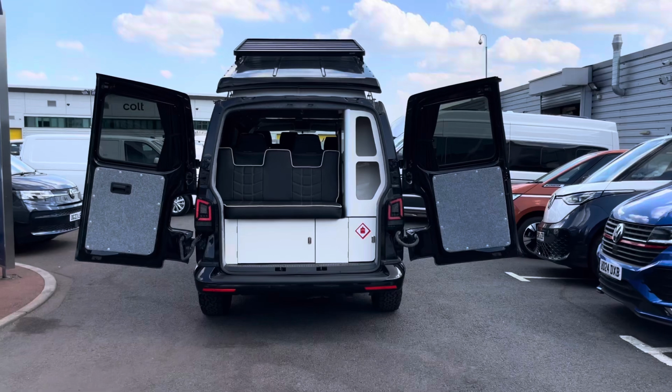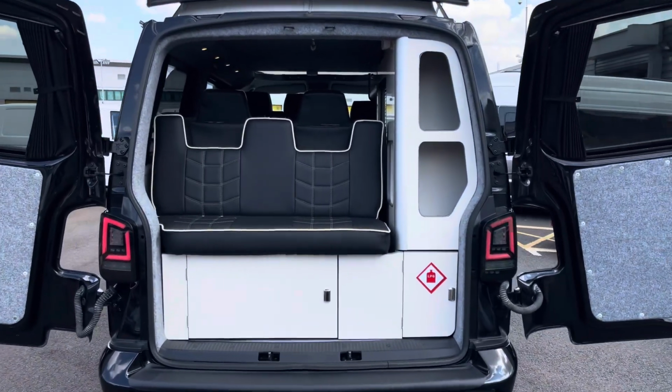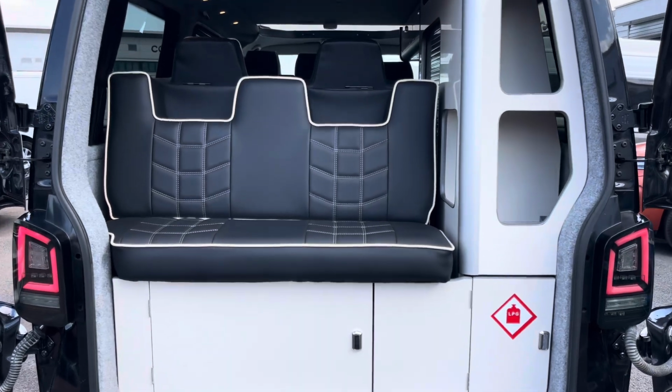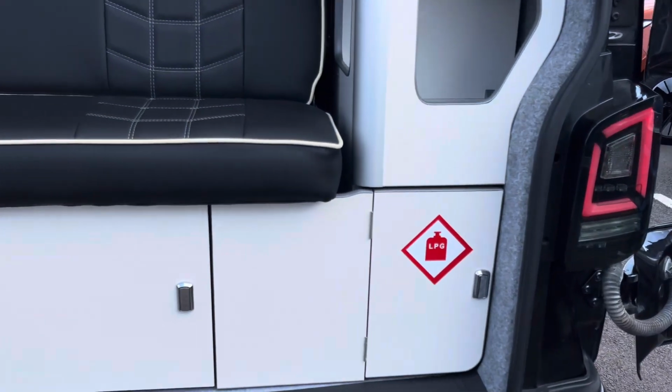Towards the rear of the vehicle there are the rear loading barn doors. Behind these we'll find a few different storage options. Over on the right we have a storage for our gas bottle as well as a set of shelves above